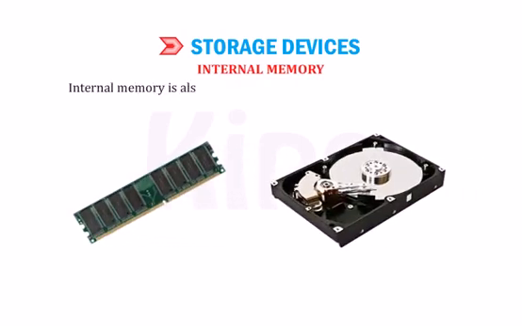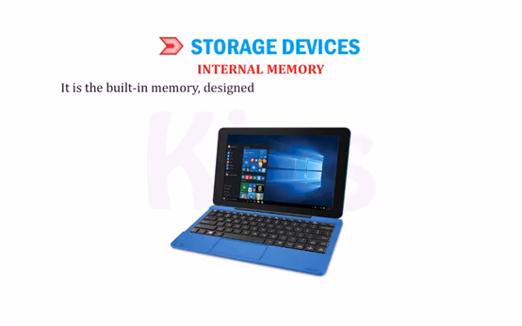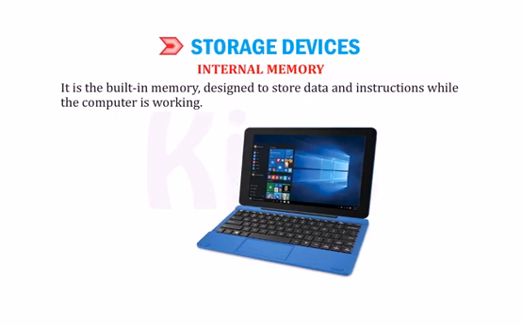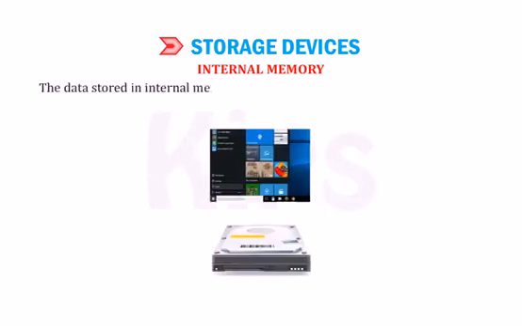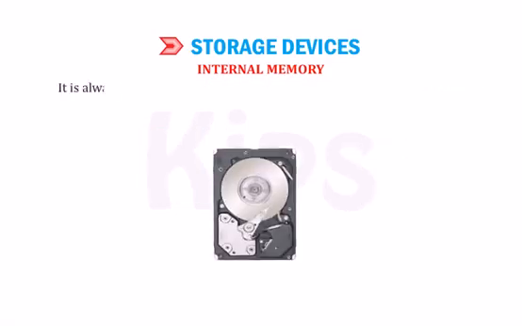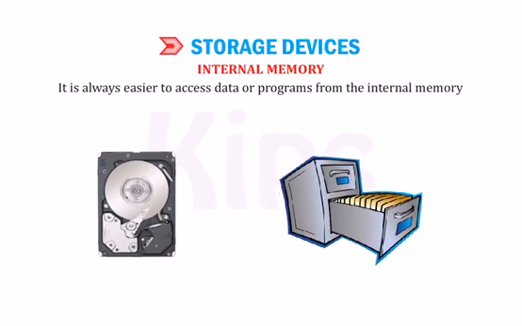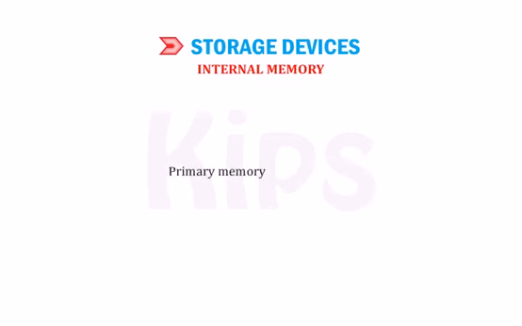Internal memory is also called primary memory or main memory. It is the built-in memory designed to store data and instructions while the computer is working. The data stored in internal memory is erased when the computer is turned off. It is always easier to access data or programs from the internal memory as it is the fastest of all forms of computer data storage. Primary memory is of two types. RAM,